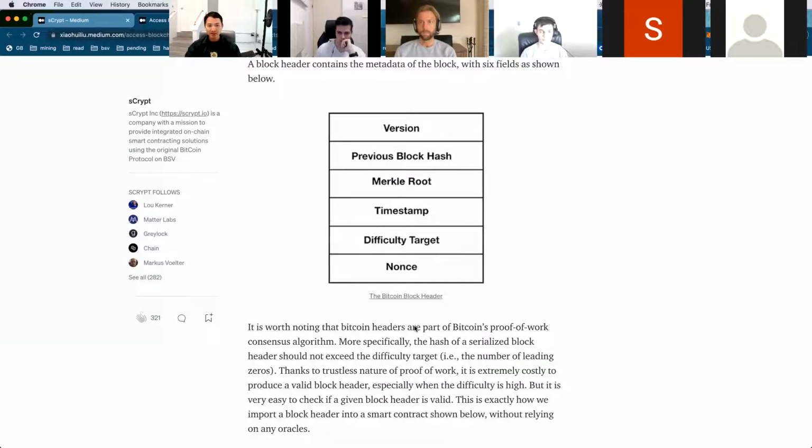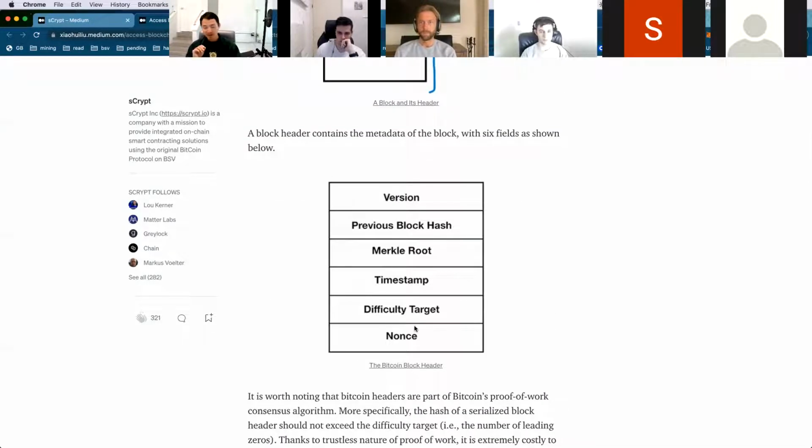The most important idea here is, if I just give you a block header, how do you know with high confidence it's real? That it's actually from the blockchain, and not just some block header where I filled in all these six fields and generated it locally on my laptop? How do you know that is the case? Because we are using proof of work. Sorry, I mean, you cannot do this in proof of stake actually, because proof of work is like